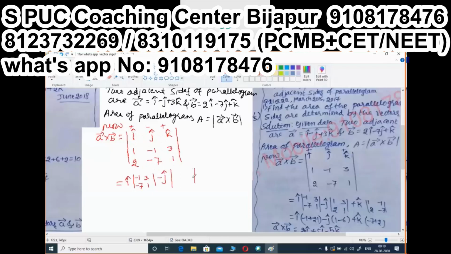Yes, who would like to tell this? 1 3 1 3, you left 2, this 1, and this, so 2 1, 2. So once more you can observe here, you left this column and this row, and the remaining elements of these you have written here. That is fine. Next, who would like to tell the next one?